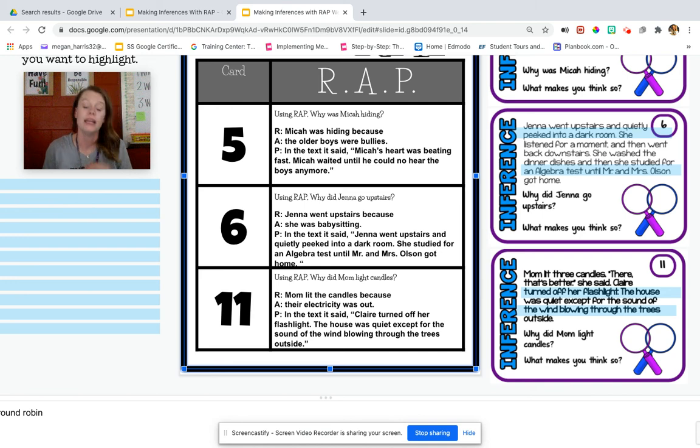Okay, so what you're going to do now, kiddos, is you're going to go back to your agenda. And on your agenda, it's going to say you have an exit ticket to do. So you'll go find whatever the exit ticket name is on the agenda, then find that on Google Classroom and do your exit ticket. And again, if you are struggling, if this was hard for you, if your answers do not look anything like my answers, if you're not using "in the text it said," if you're not using word for word, please let me know. We are taking a test over this week, so it's really important that if you're struggling and you need help, you let me know.